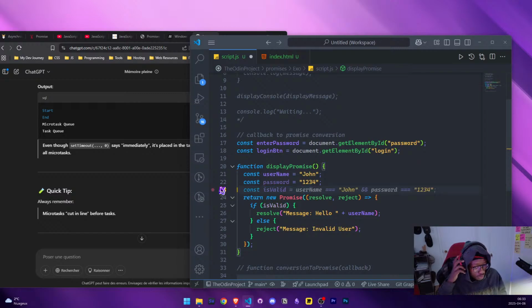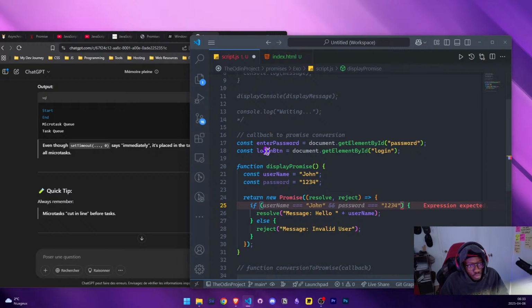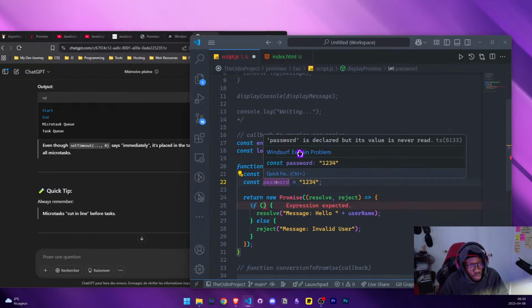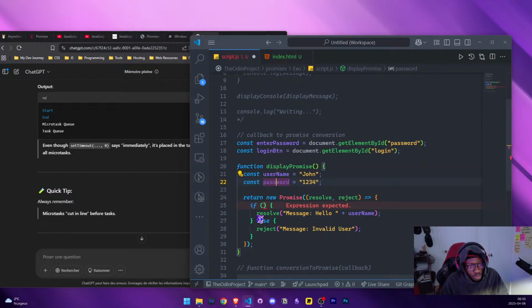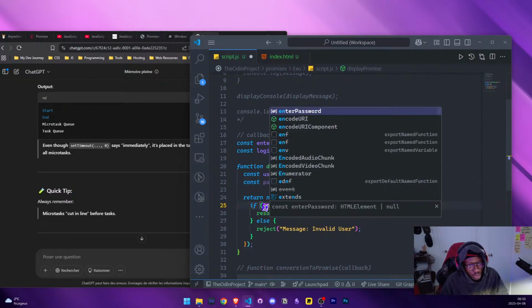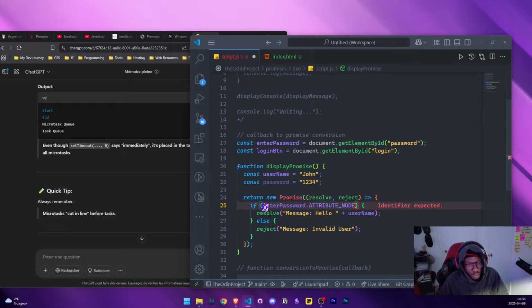Alors, on n'a plus besoin de is valid. On a juste besoin du mot de passe. Si la personne a entré le mot de passe, si le password est égal au enter password, donc ça veut dire que ici enter password dot value. Je vais mettre dot value ici, comme ça je viens ici, est égal au password. Si c'est égal au password, ça va faire un resolve,